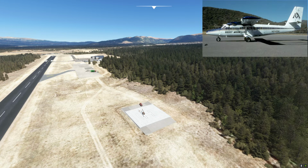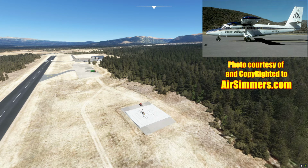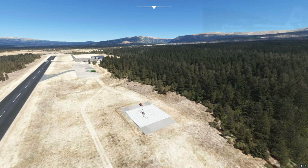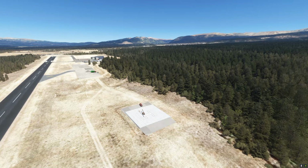In the past, the airport did actually have an airline service with Rocky Mountain Airways. Used to operate DH6 Twin Otter from here up to Denver. So it again has the distinction of being the highest airport in North America that actually had an airline service. So as I said, the scenery is created by 4 Simmers,